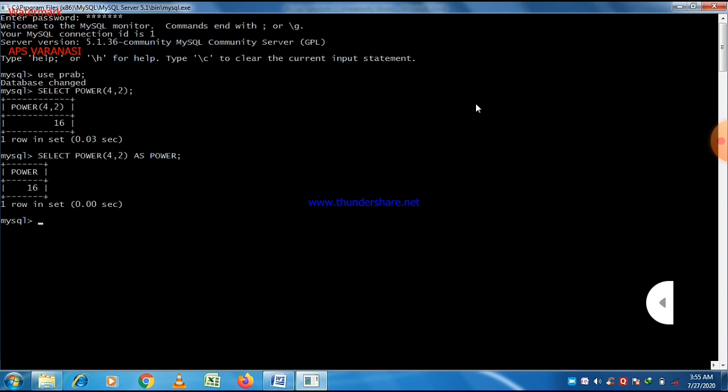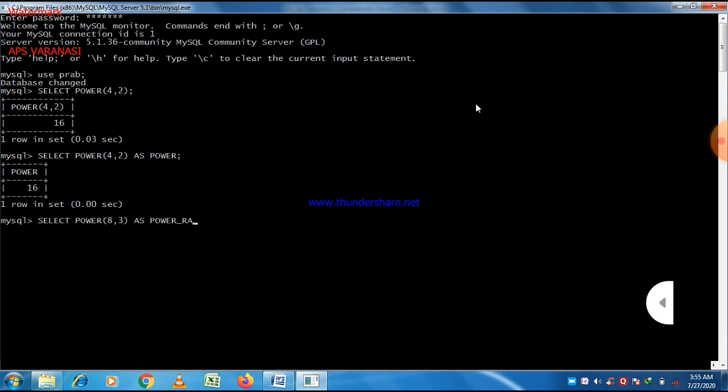And also, if you want to give an alternative name, let us take another value, 8 comma 3, and just write as power underscore.